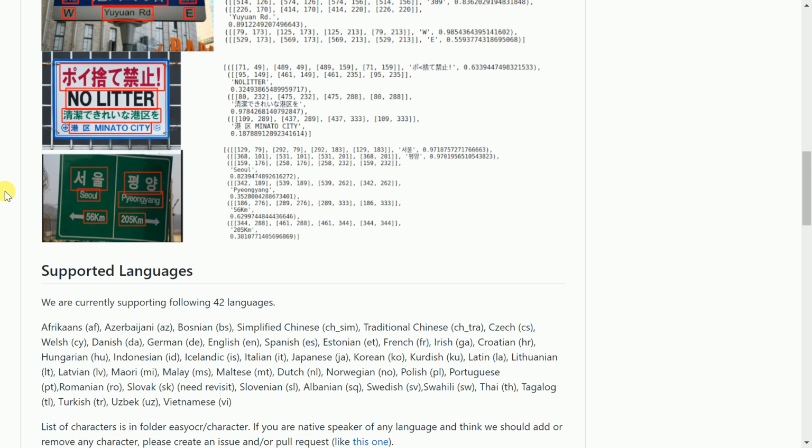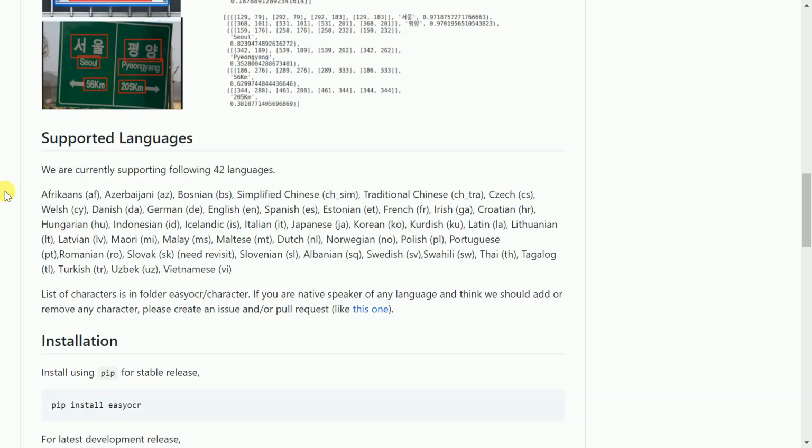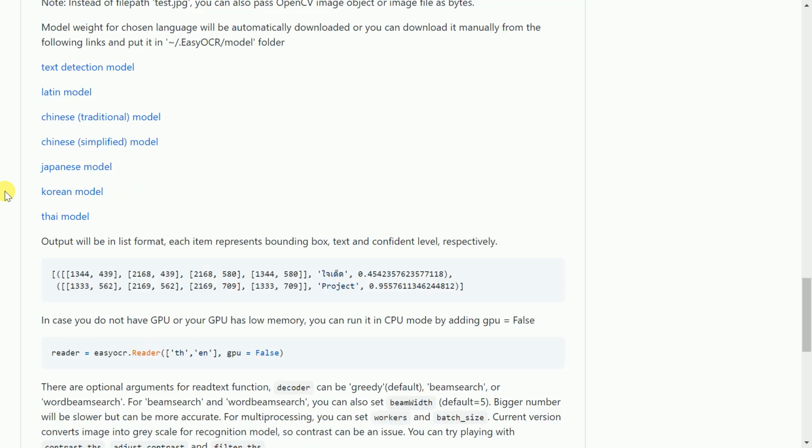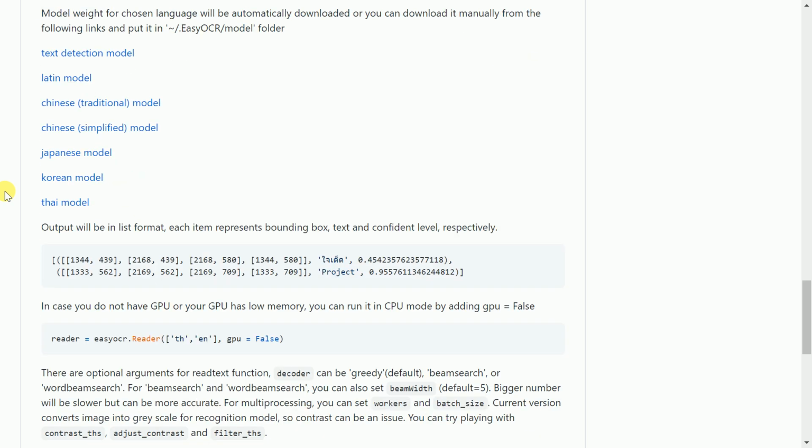So as you can clearly see, it extracts text from images and it is highly accurate as well. Let us go through some sample output as well. So if I look at this sample output, it basically consists of three parts. The first part represents the bounding box of where the text was located. The second part is the actual text which is extracted. And the third part is the confidence associated with the result that it has predicted.